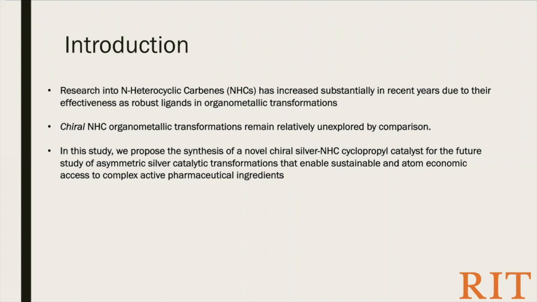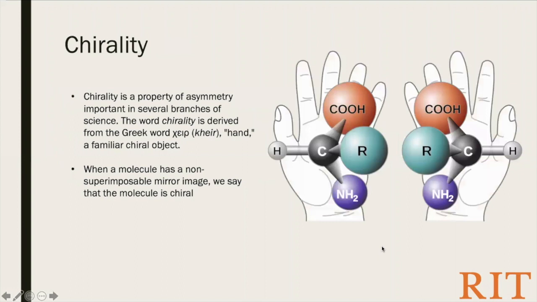Keeping that in mind, the direction of pharmaceutical research and drugs in today's society has been leaning more and more towards chiral entities. Chiral, meaning chirality, is a property of asymmetry, which is important in many different branches of science. The word is actually derived from the Greek word "cher," which means hand,